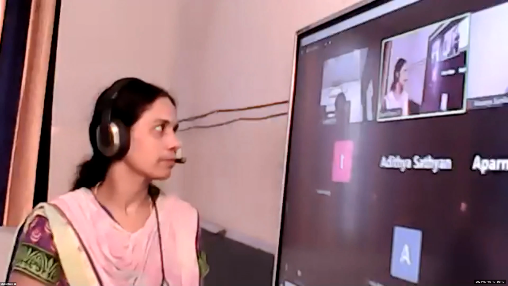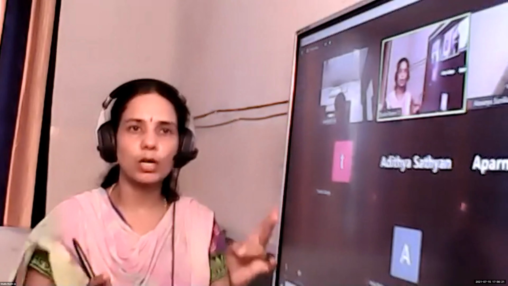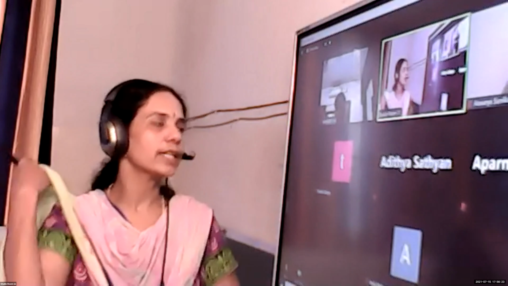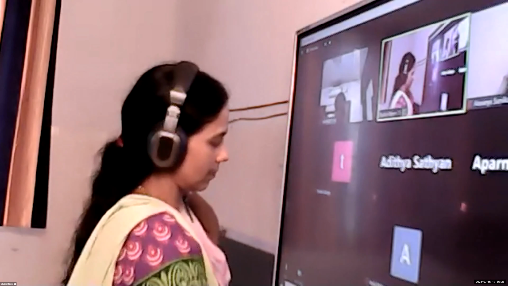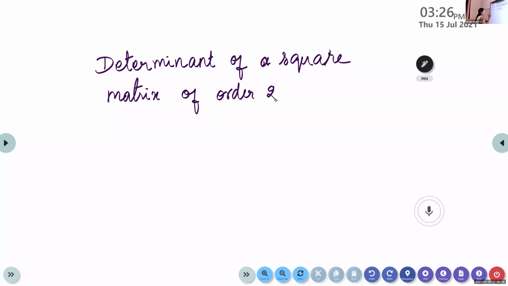2 by 2 matrix. Matrix of order 2 means 2 rows and 2 columns. How to find the determinant of a 2 by 2 matrix? First, listen. First we can learn the example. From the example, we can generalize it. Suppose